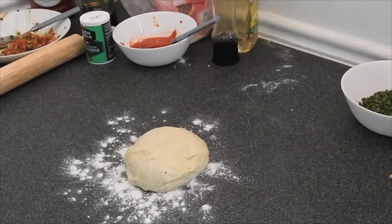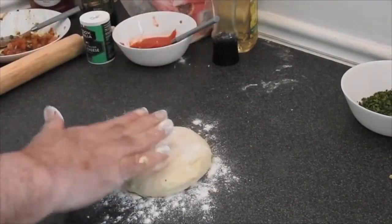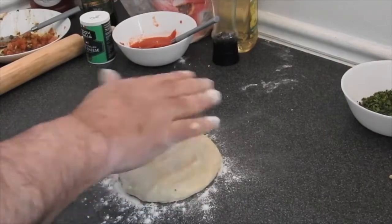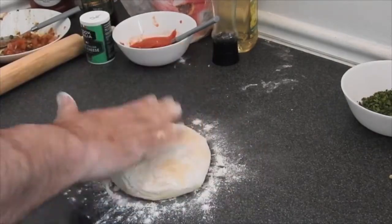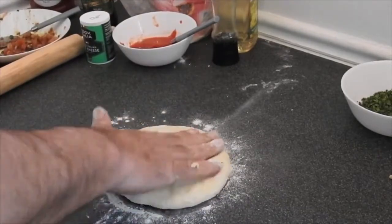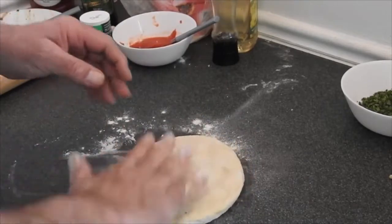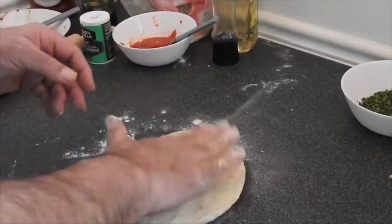I will write down the recipe of the dough downstairs, and it has to have 2 rising times, 2 times an hour. And then we're gonna make patties, like this one is around the 250 gram. We push it out